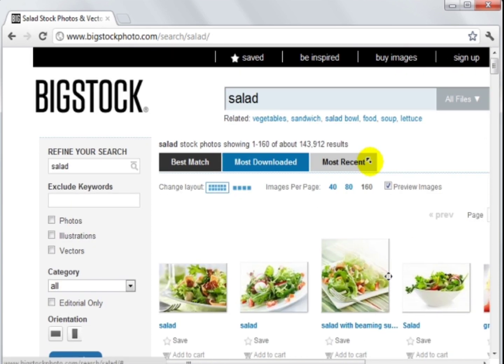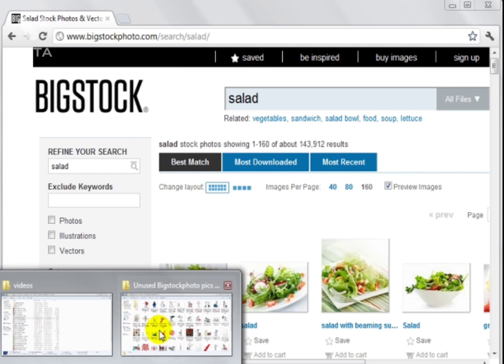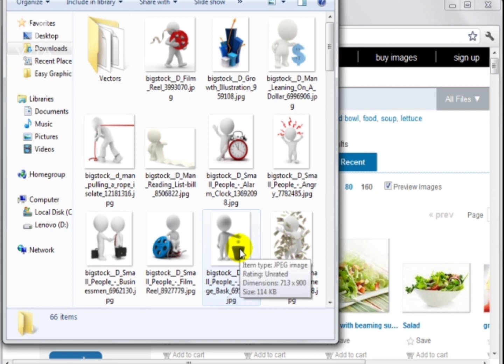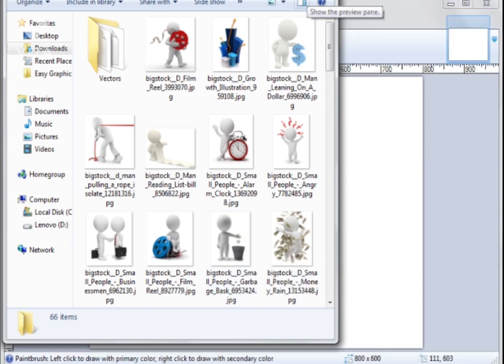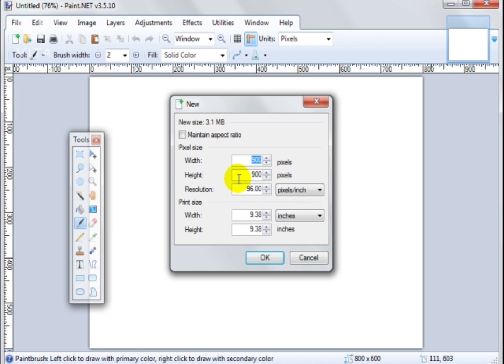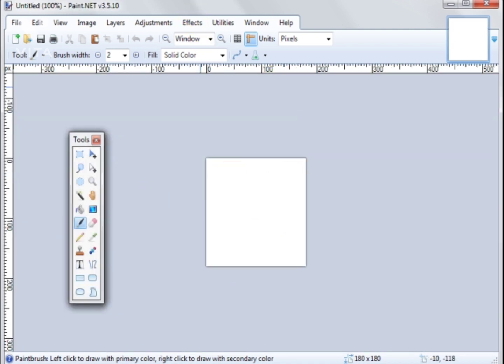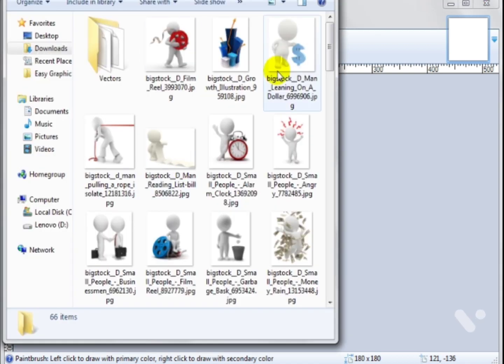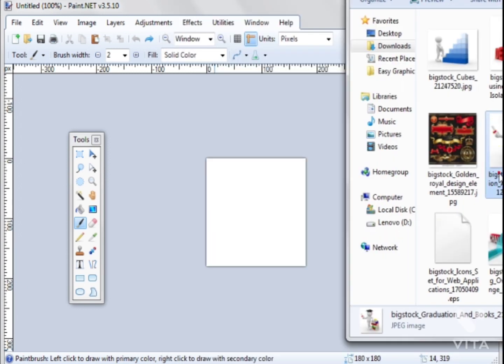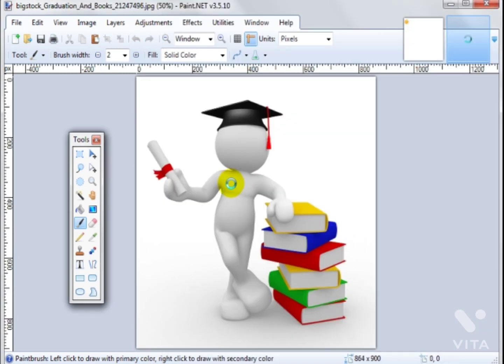Pick and choose that, and go ahead and download it. Once you download the image, you need to simply choose the image. In this case, I'm not going to use salad, I'm just going to choose a picture. If you go back here, all you need to do is click on File, New. Make sure that the pixel width is 180 and the pixel height is 180. Click on OK. We need to make sure that this is the size here, and all you need to do is exactly what we did earlier. If we drag and drop this over here, click on Open,